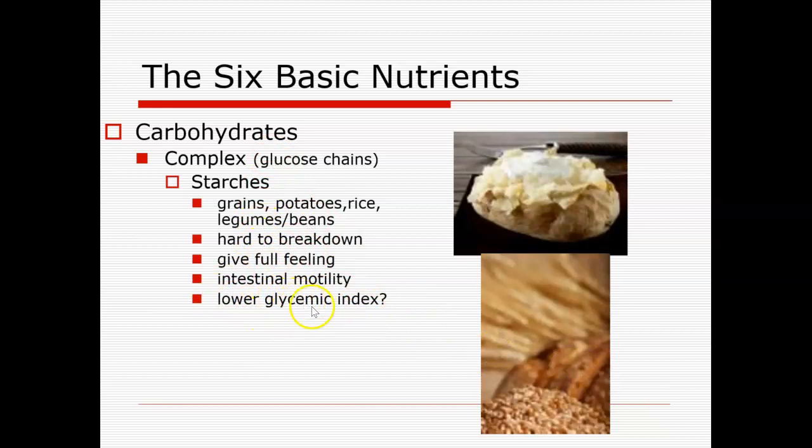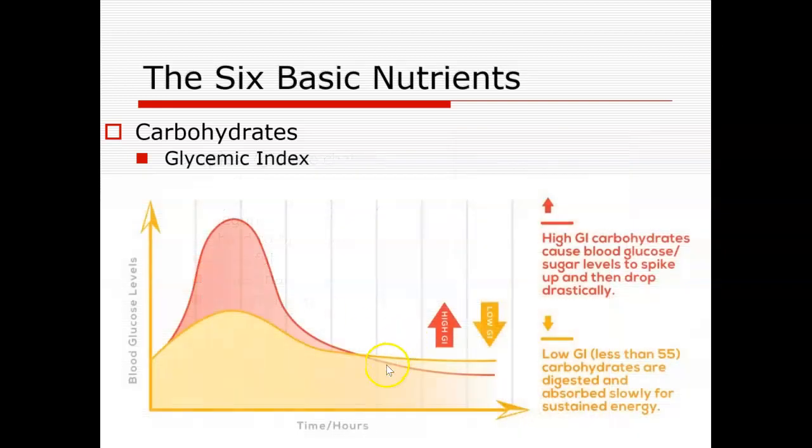I do want to either remind or at least inform you guys of this glycemic index concept. Basically, the glycemic index is how fast your blood glucose rises after you eat a certain thing. Carbohydrates that have a high glycemic index mean you eat it, your blood sugar goes up super quick, and then you crash super quick. That's typically your high sugary foods. The low glycemic index is a much more gradual rise and gradual decrease, so you have energy for a much longer period.